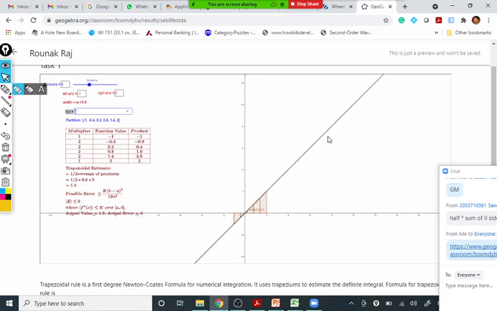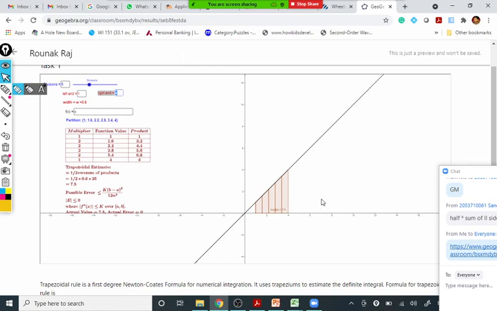You will observe it is a straight line. Y equal to x, and we want the area from x equal to 1 to x equal to 4. H is taken as 1. Can you see the screen? Yes, sir. So this is a very simple example I have taken for understanding. Y equal to x is our curve, and we are interested in the area under the curve from x equal to 1 to x equal to 4.